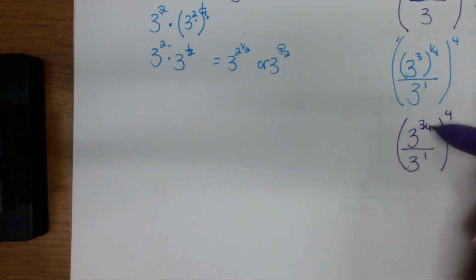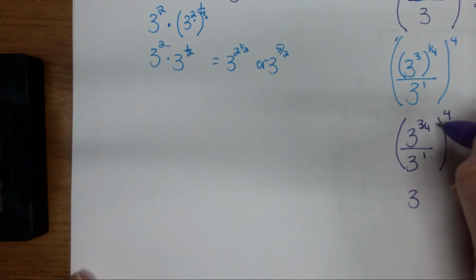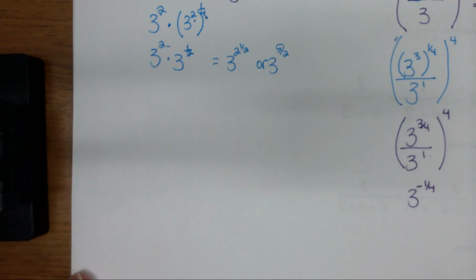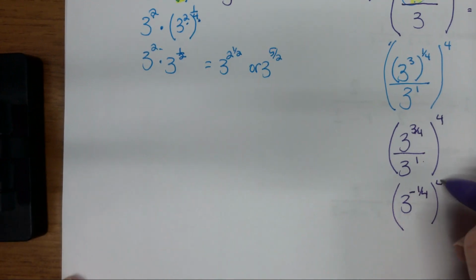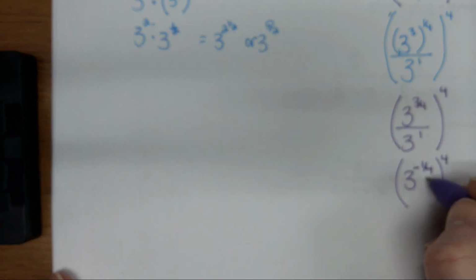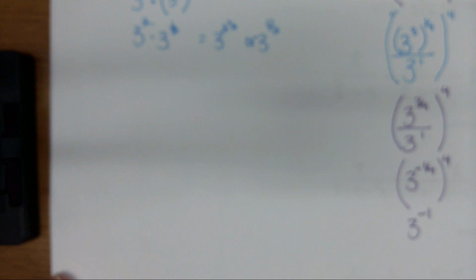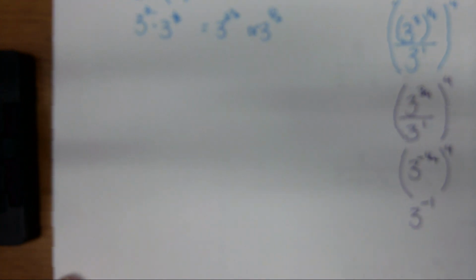I then subtract my exponents. That's 3/4 minus 1 is negative 1/4. Still raised to the 4th. And then that would be 3 to the negative first. So going back to the original problem, which was to rewrite as an exponent of 3,